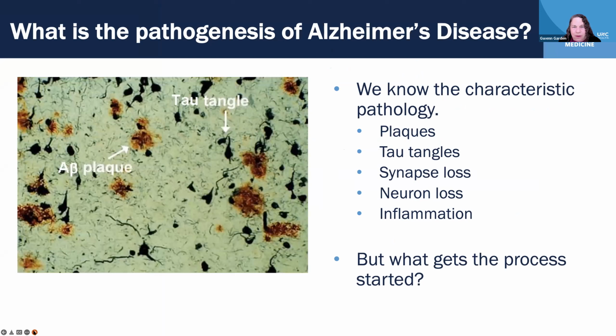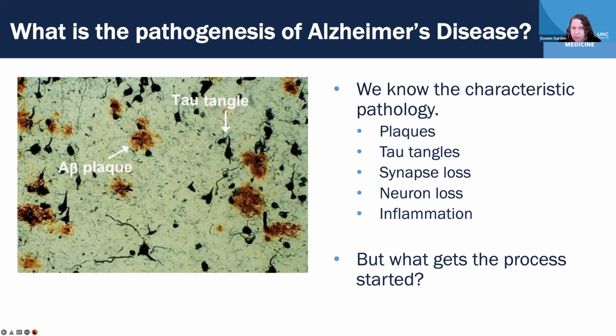Now I know that since I'm speaking with the neurology audience, Alzheimer's disease probably needs little introduction. We've all learned that the pathology involves plaques that consist of beta amyloid and intraneuronal tau tangles. Most of us probably also understand that there's tremendous synaptic loss in Alzheimer's disease, as well as eventual neuron loss, and that the brain of patients with Alzheimer's disease has a lot of evidence for inflammation.